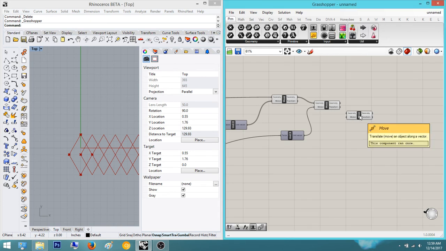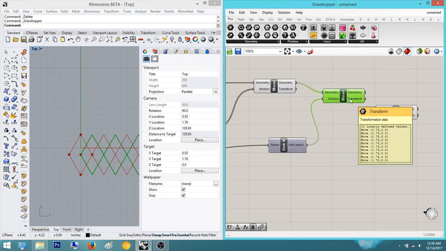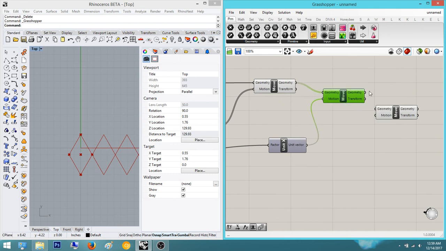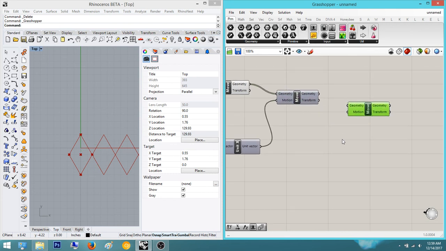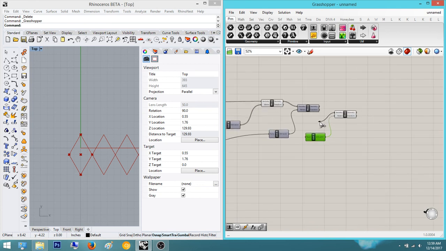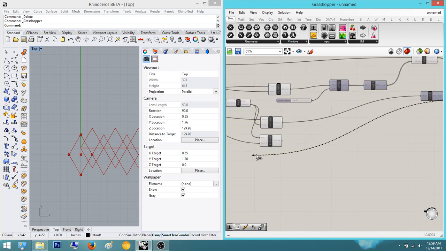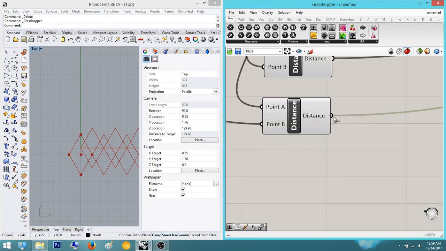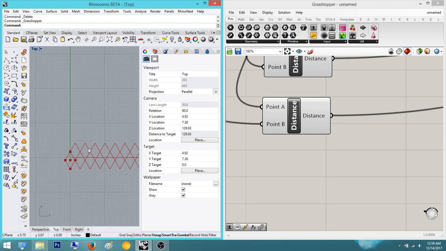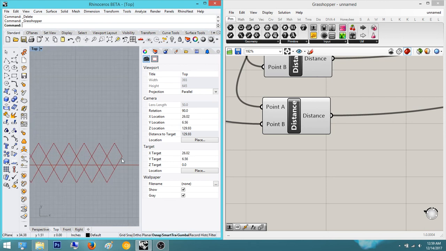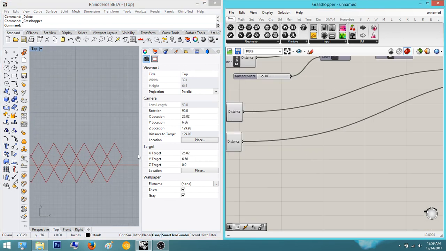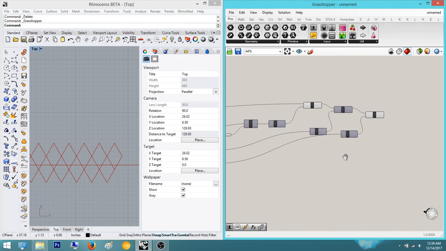Let's do another move. And I like to turn this one off because this one's technically just kind of scrap work in a sense. Move it in the Y direction. And move this geometry. And we're going to plug in this distance into here. And now you see as it fits flush, but we have this kind of leftover lag here. As you can see, we just have this little tiny piece. So what we can do is actually just take